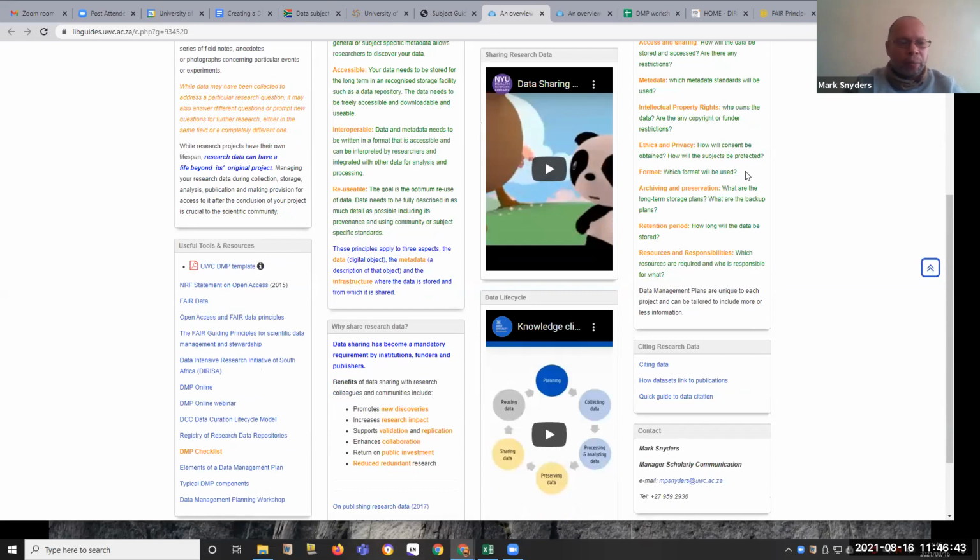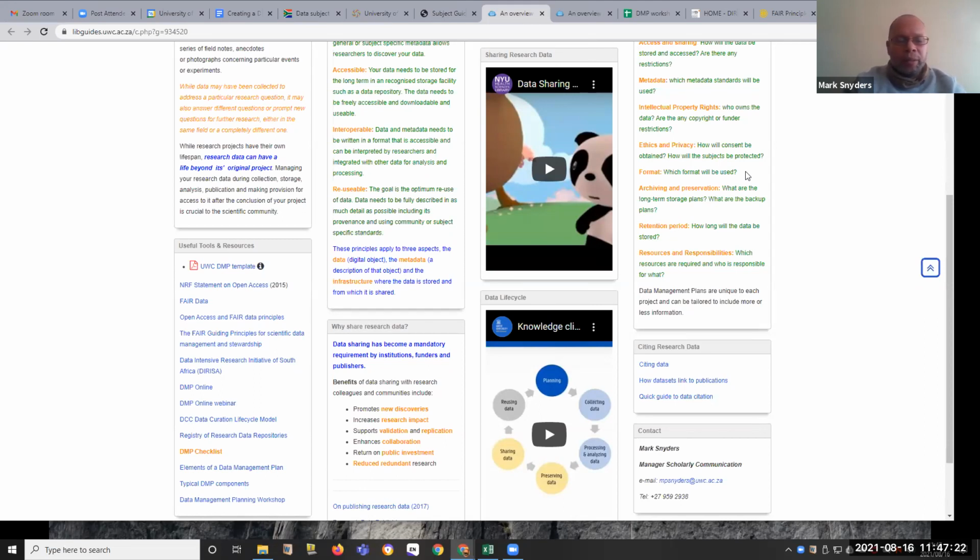Format, as Sarah did mention, your format needs to be a publicly accessible format. We do have problems with some data formats, for example where the project is a long-term project and the software being used for the actual data collection goes out of date. What that means then is the data that was produced or collected using that particular format eventually just doesn't become available or useful in any way.